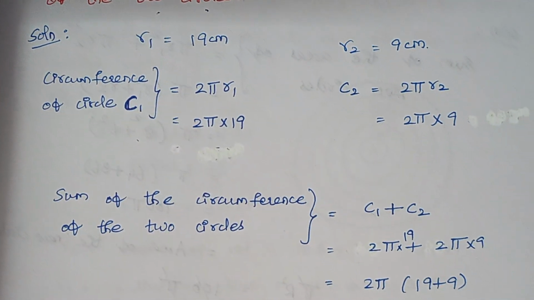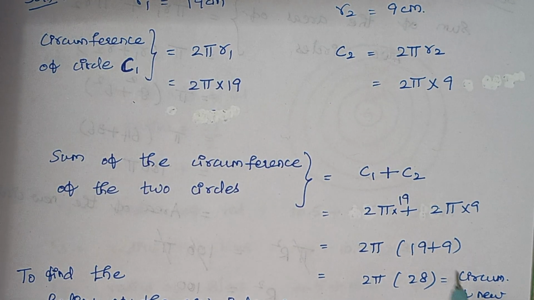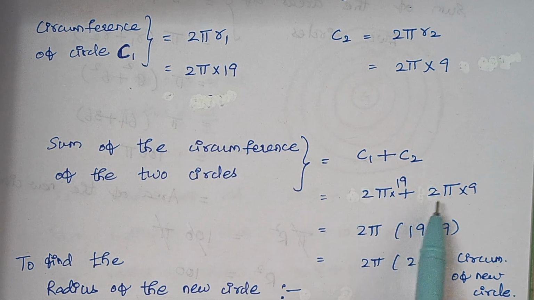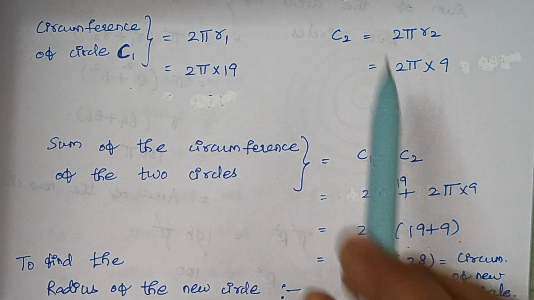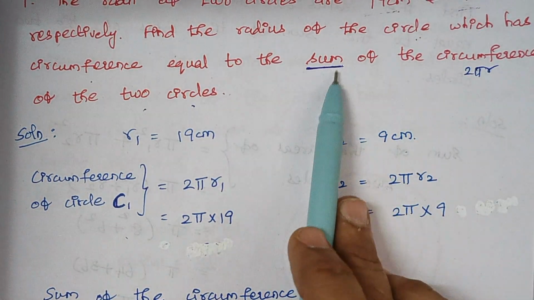So the sum of the circumferences of the two circles, C1 plus C2, is 2 pi 19 plus 2 pi 9. Here you can take 2 pi common outside. The remaining terms will be 19 plus 9, so it is 2 pi into 28. This is the sum of the circumferences of the two circles, and this is equal to